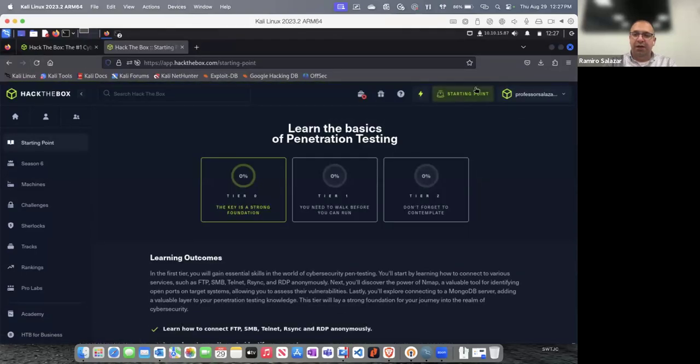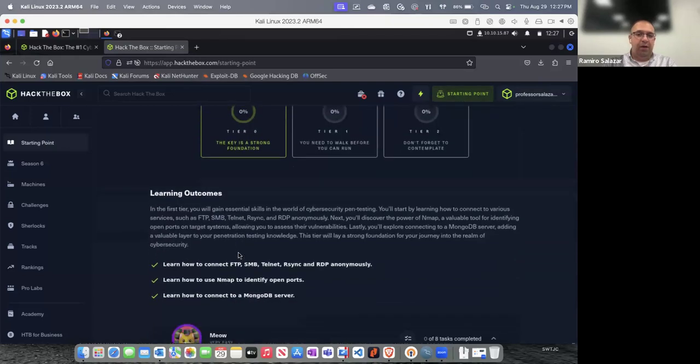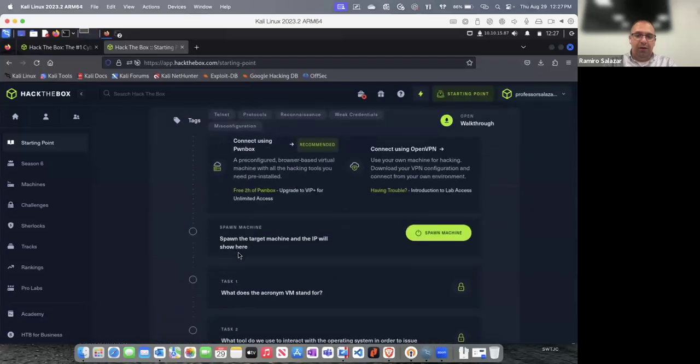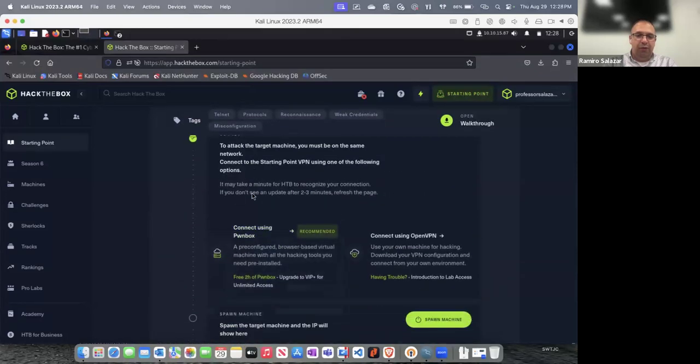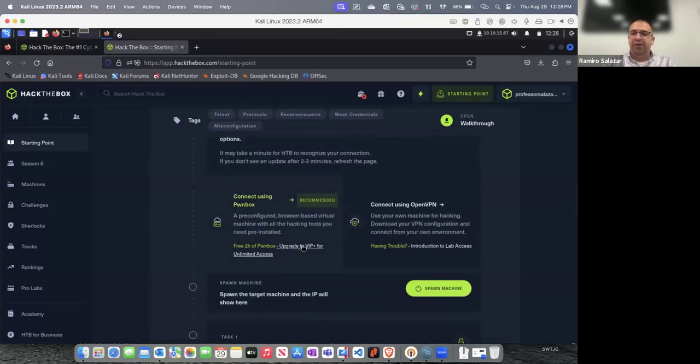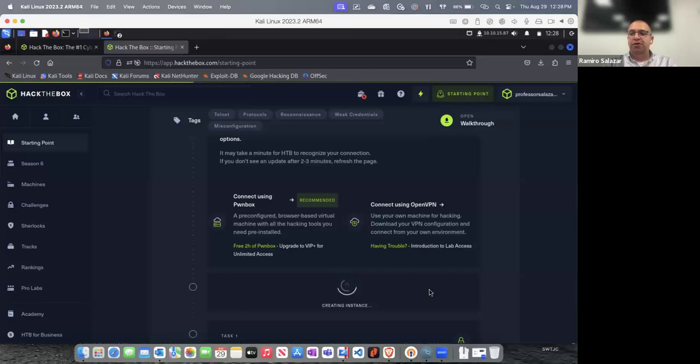And now you see that it changed to green, saying starting point. Now I'm for sure, I have confirmed that I'm on the HackTheBox network. And if you scroll down to the first lab called Meow, the next step is to spawn the target machine, meaning create an instance of the machine that I'm going to hack into. So I'm going to click spawn the machine, turn it on,